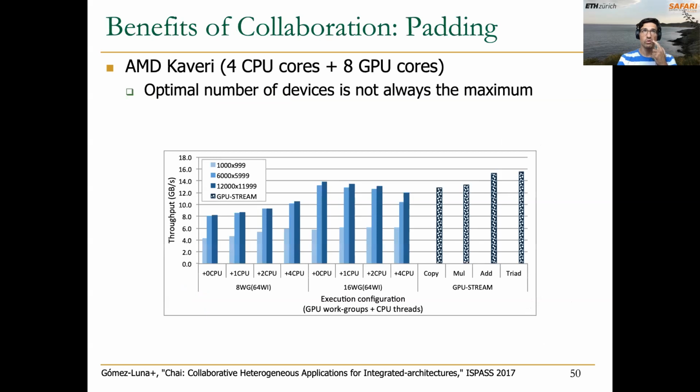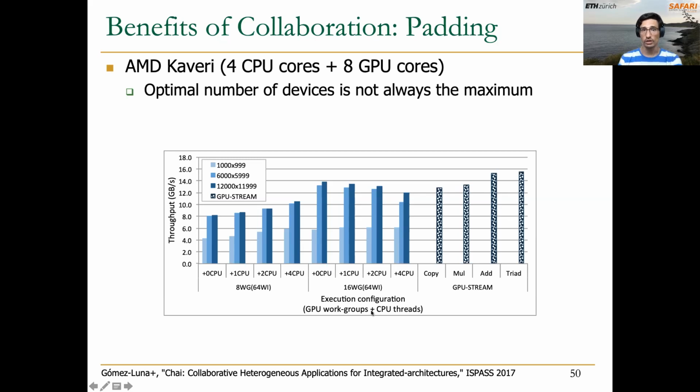And here you can see some results using this sort of implementation on the AMD Kaveri. Here you see the results for the padding operation for different matrix sizes and different combinations of blocks and threads. Because this is on an AMD Kaveri that uses OpenCL, we talk here about work groups and work items, and you see how the performance may improve as we increase the number of workers. We have collaboration of the GPU and CPU, but these also may depend on what's the